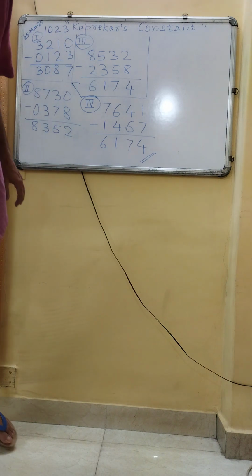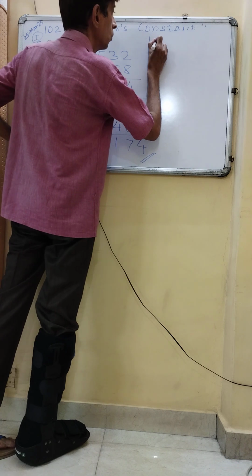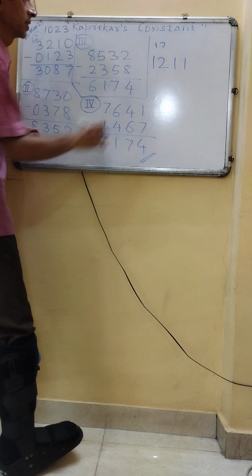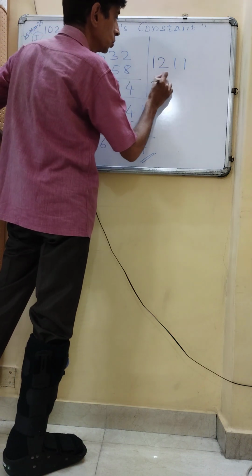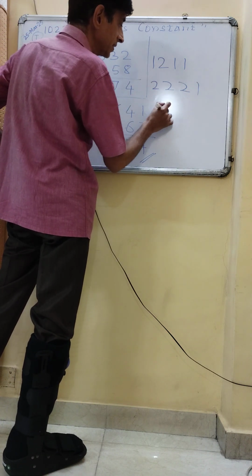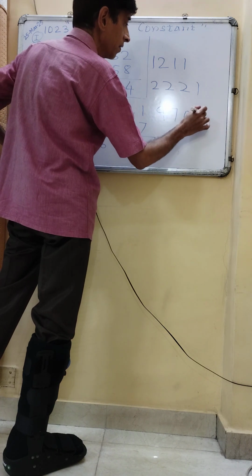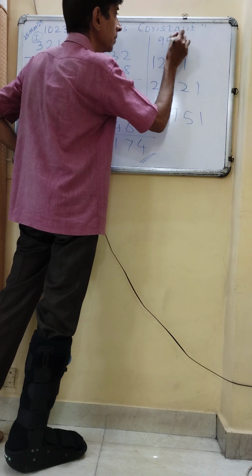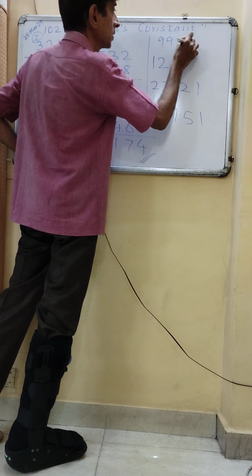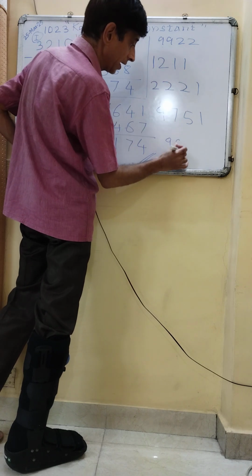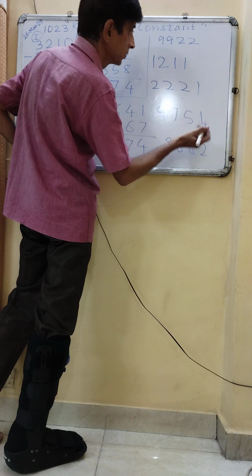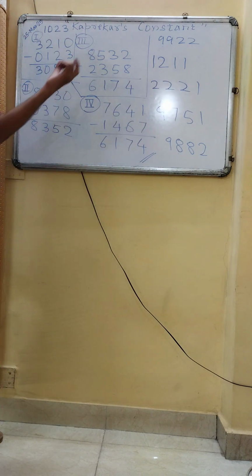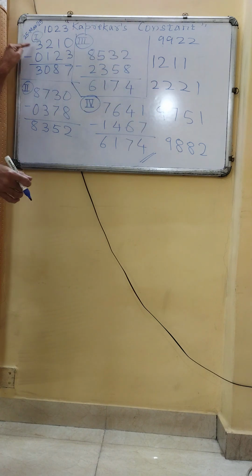Like the number can be 1, 1, 2, 1, 1, or it can be 2, 2, 2, 1. It can be all digits different like 9, 7, 5, 1. It can be that the two middle digits are the same, 2, 9, 9, 2, or 9, 8, 8, 2. Anything like that. Not necessarily in descending order, but you have to arrange the digits in descending order, and from